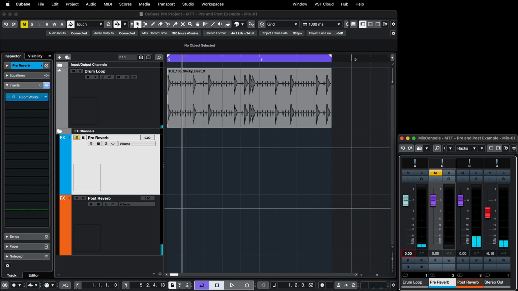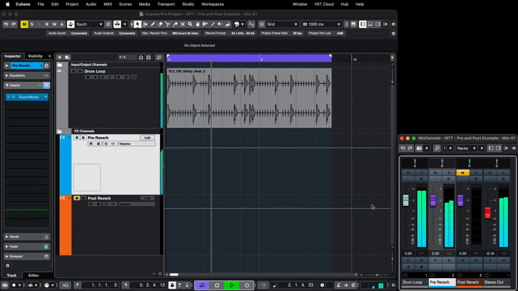Now, if we switch over to the pre-fader send, so this is the same reverb effect, it's just in this case, it's on a pre-send. If we're at 0 dB, we won't hear any difference, as you hopefully understand now. So we're getting the same effect, too much reverb for sure. But if I bring this down, because this is on a pre-send, the amount of reverb doesn't change. So you can hear the direct sound is disappearing. And it's not changing at all. If I bring that back in,